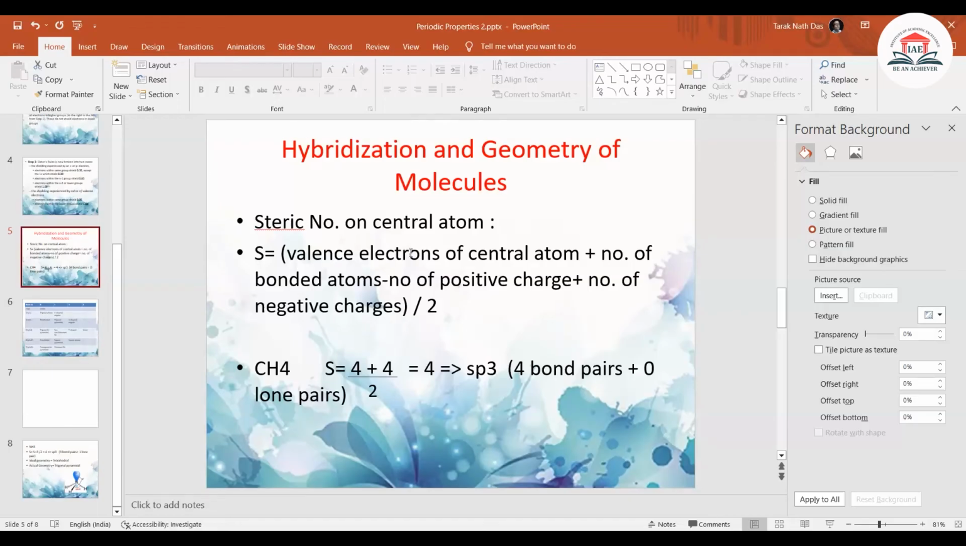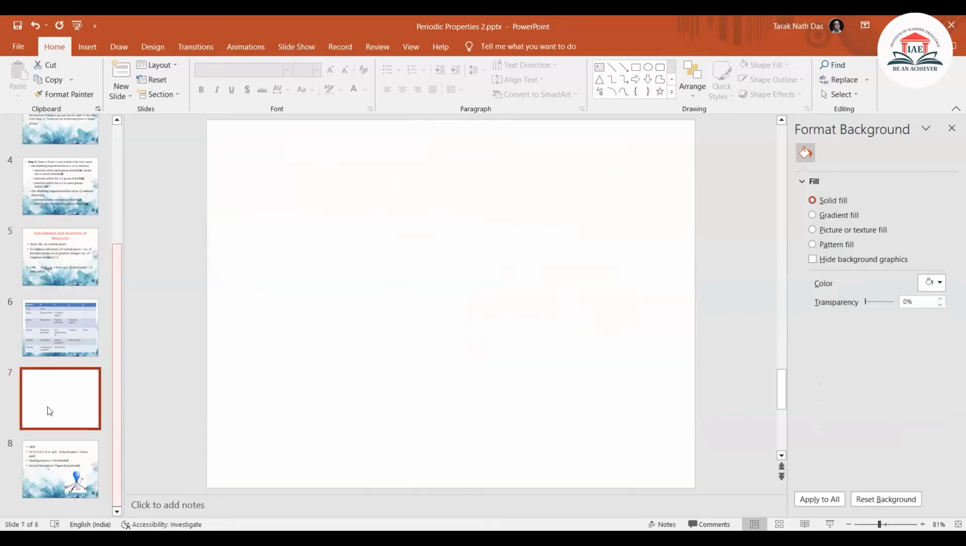বার করতে পারি, যেটা বললো ভ্যালেন্স ইলেকট্রন প্লাস নাম্বার অফ বন্ডেড অ্যাটম, মাইনাস if there is any positive charge then minus number of positive charge plus number of negative charge divided by 2। যেমন হচ্ছে PF5 এর ক্ষেত্রে